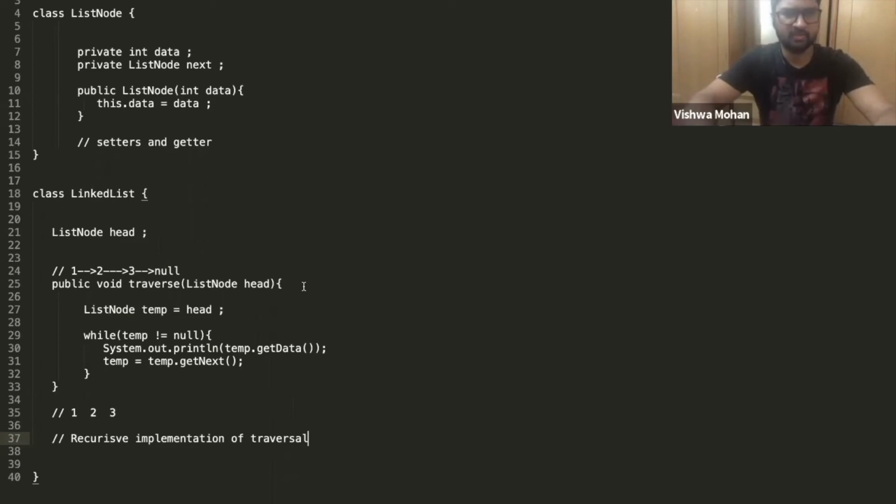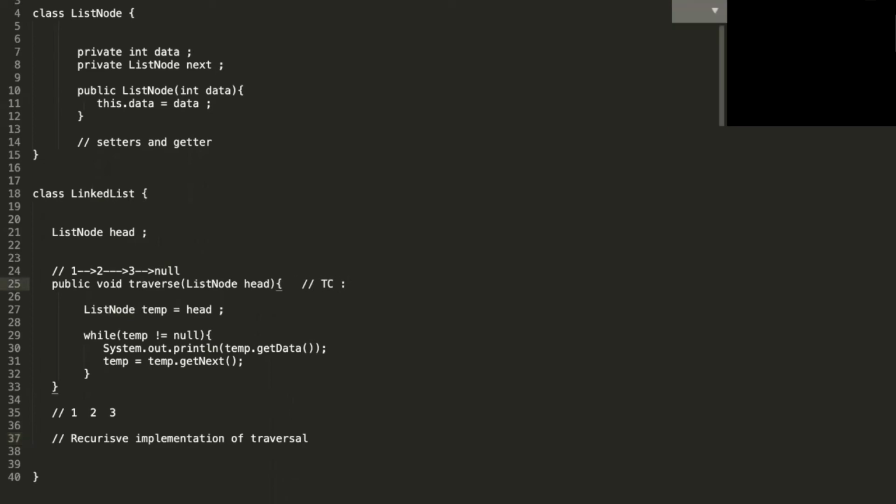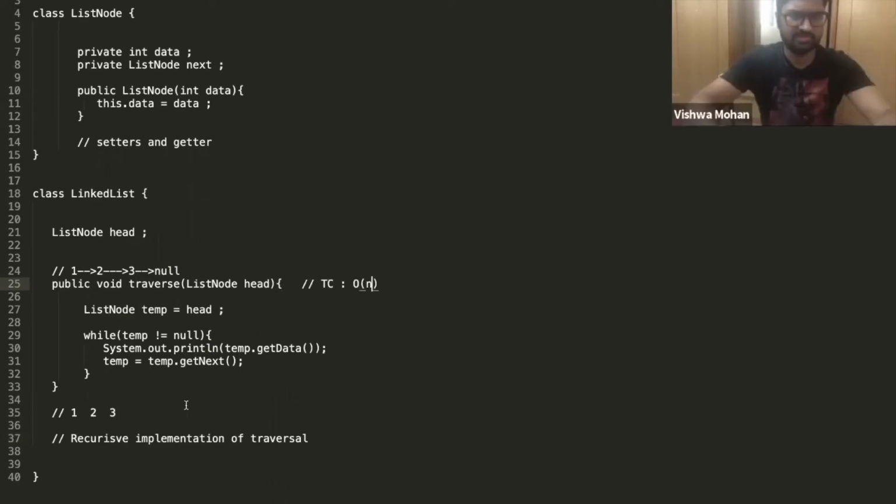Can you tell me what is the time complexity of this one? Order of n. Very nice. Perfect. Okay. The second method that we need to find on any new data structure is the length,